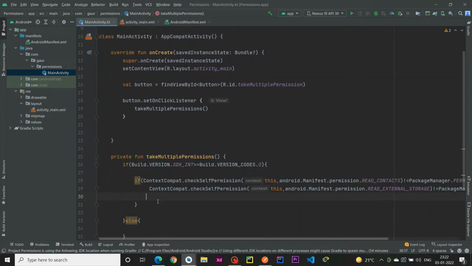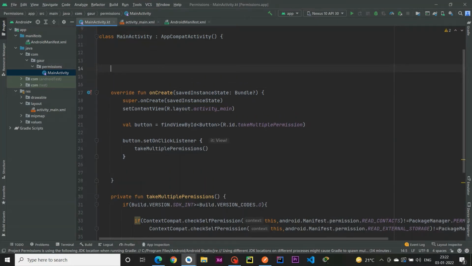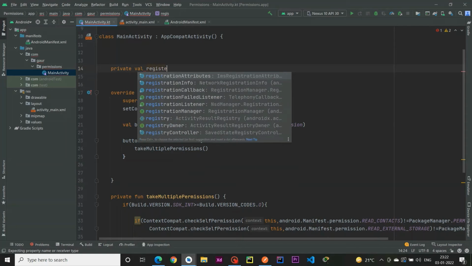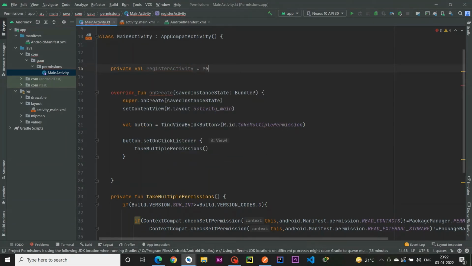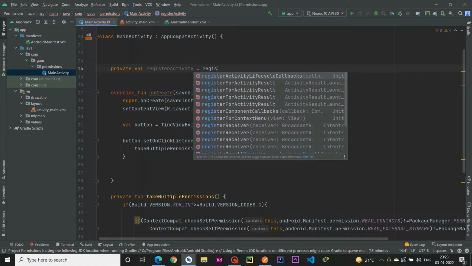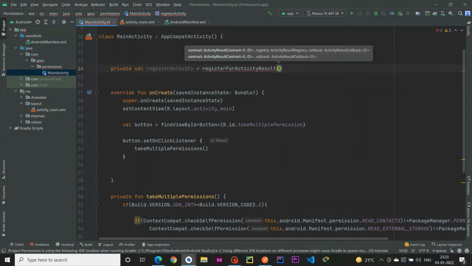So now it's time to create a registerForActivityResult. For that, go to the top and create a private val register activity and use registerForActivityResult. Here you need to pass the ActivityResultContract as the first parameter.